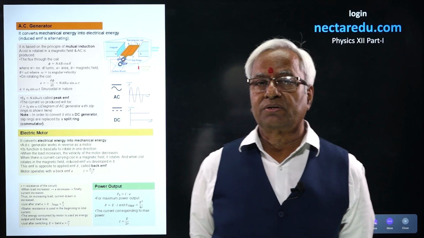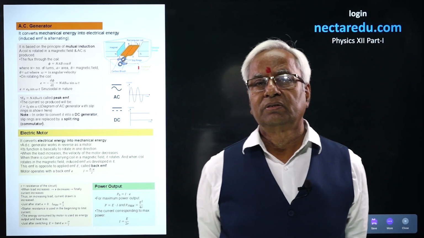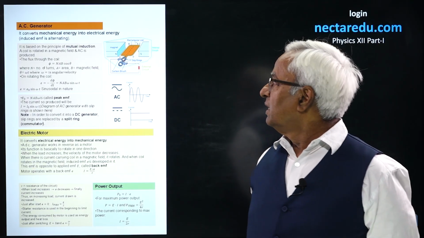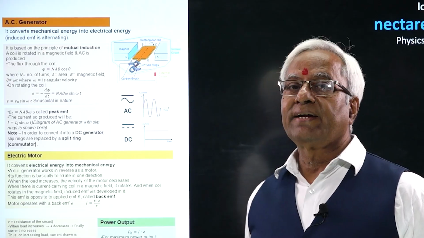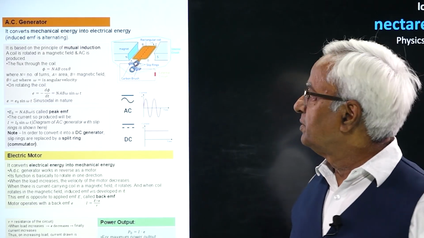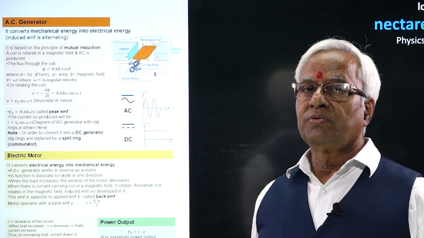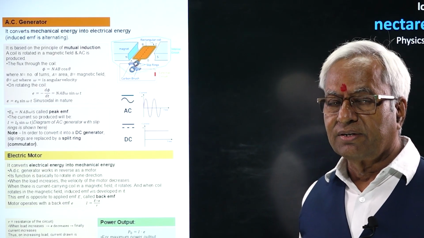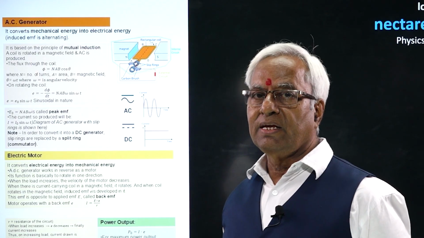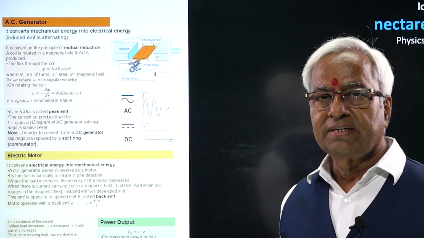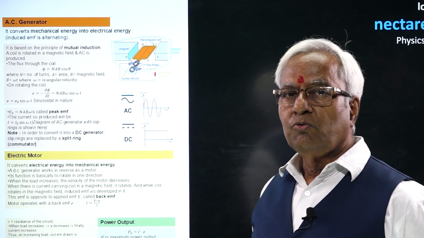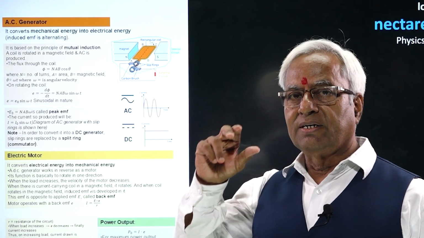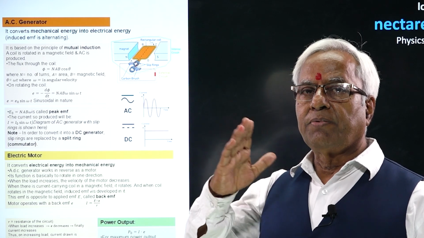AC generator. First of all, as far as the analogy is concerned, it's going to be analogous to an electric cell because it is also useful for producing energy. AC generator means it will convert mechanical energy into electrical energy. It works basically on the principle that when a coil is rotated in a magnetic field, it will produce the